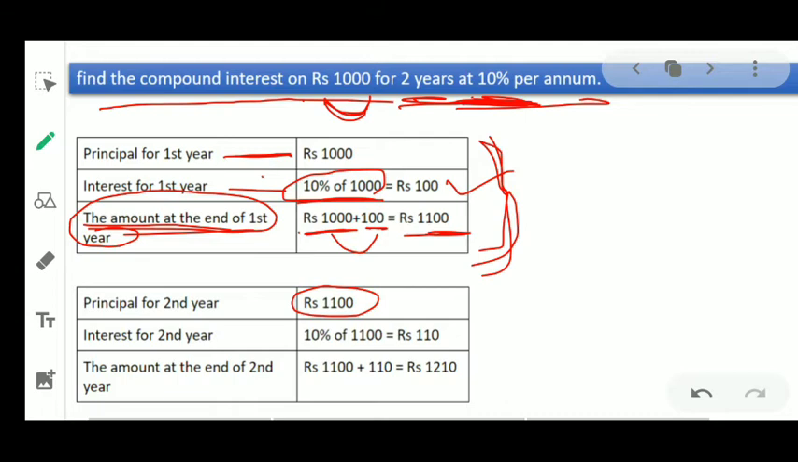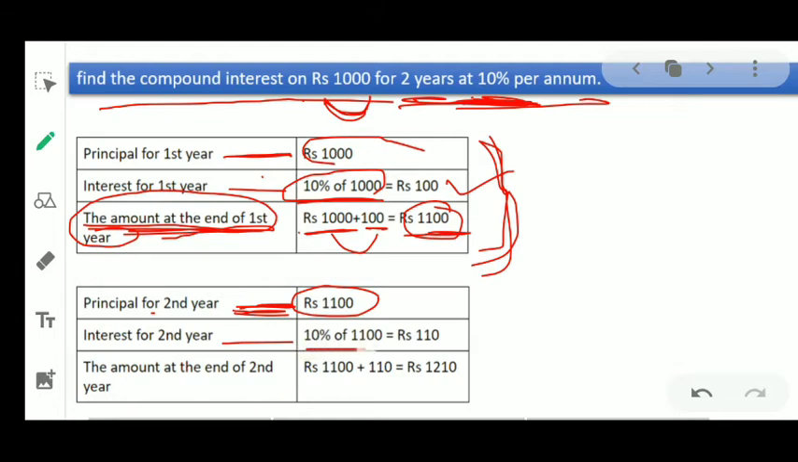So here principal for second year is 1100, but in simple interest, the principal of second year is the same as the principal of first year, that is 1000. Okay, but in compound interest, the principal of second year will be the amount at the end of first year, that is 1100. Now interest for second year,